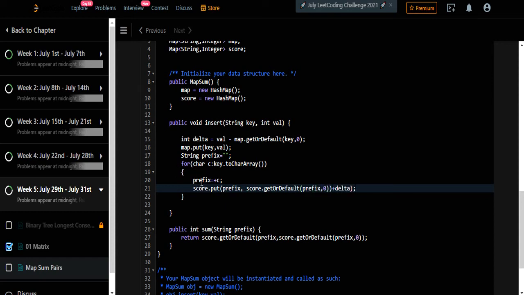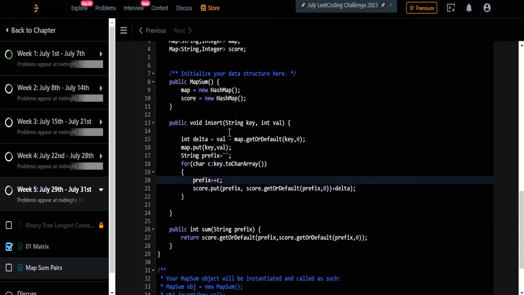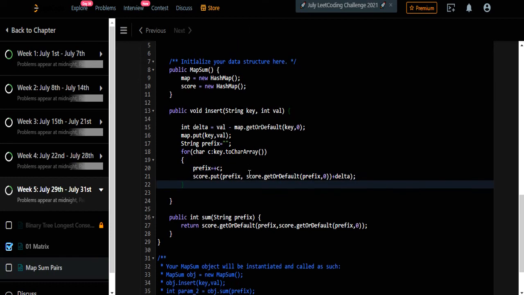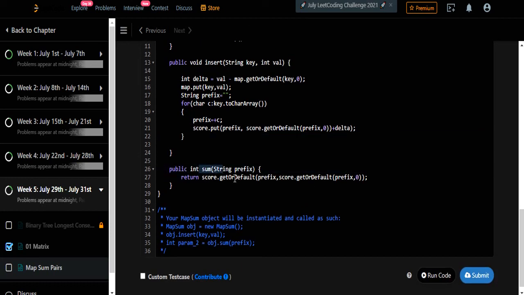We take each character from our word and put that prefix with its corresponding value, if it is already present, plus the difference between the previous value and the current value. Once all this is updated, our sum method simply takes that prefix and returns its value.